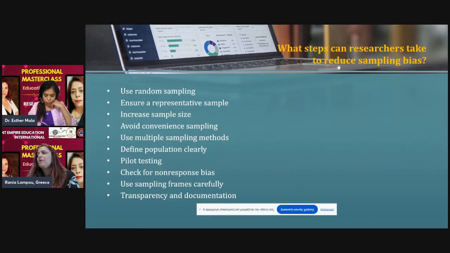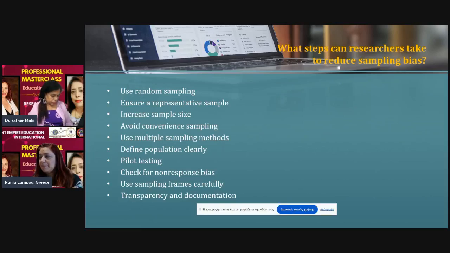Avoid sampling only easily accessible participants unless the population is homogeneous and accessibility doesn't introduce bias. Try to use multiple sampling methods. This means combining different sampling techniques. This can help capture a more diverse and representative group. Try to define the population clearly: define the target population in order to avoid including ineligible participants or excluding relevant groups. Pilot testing: try to conduct a pilot study